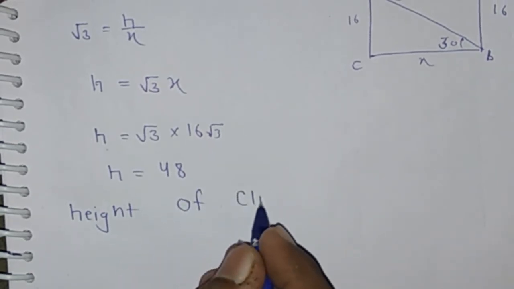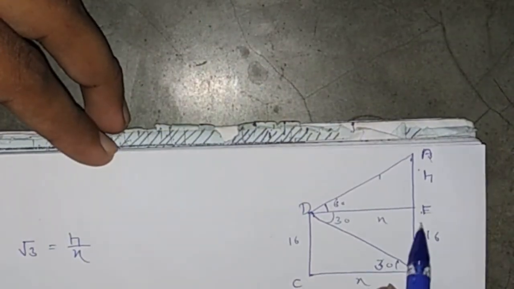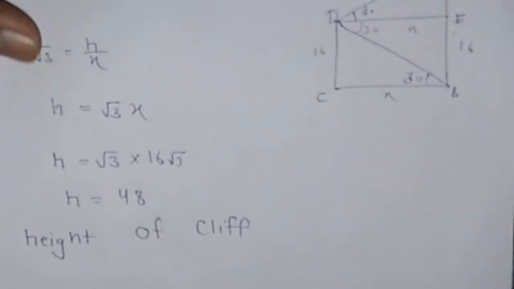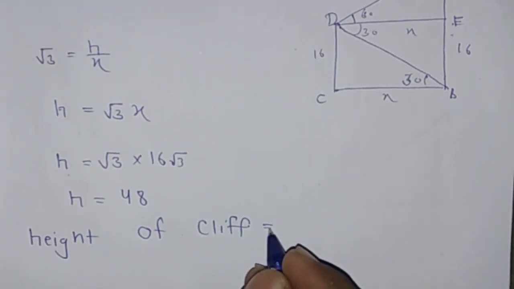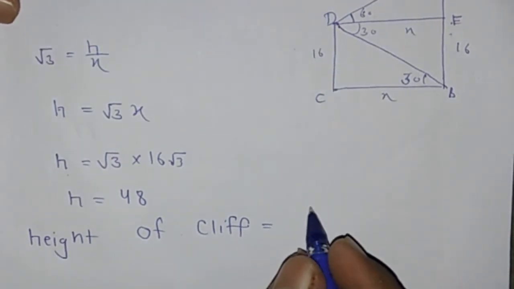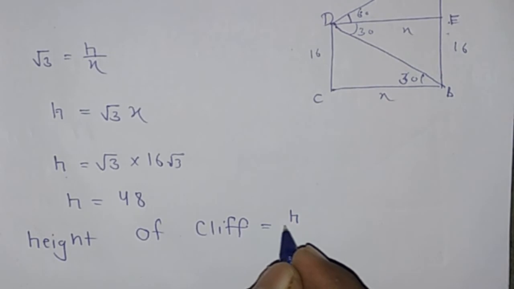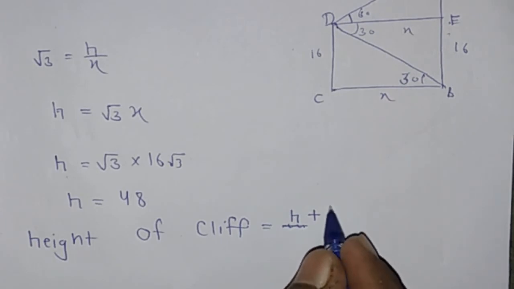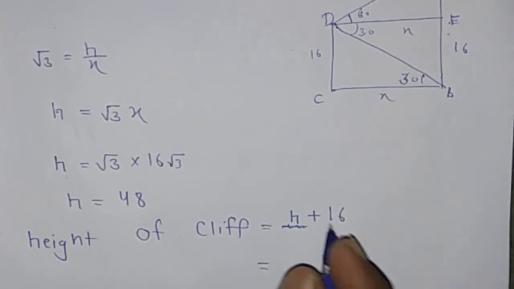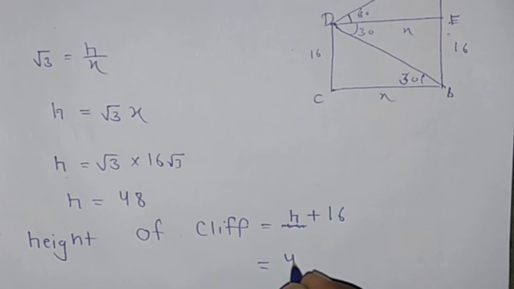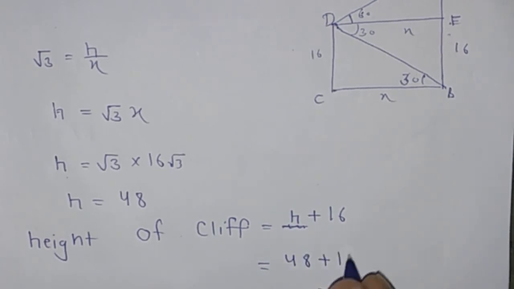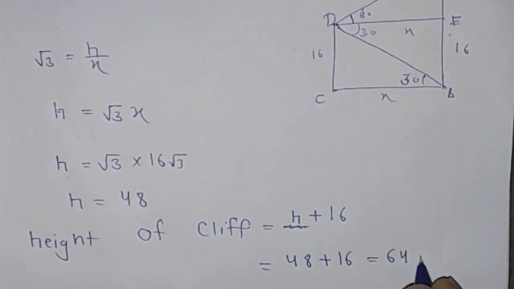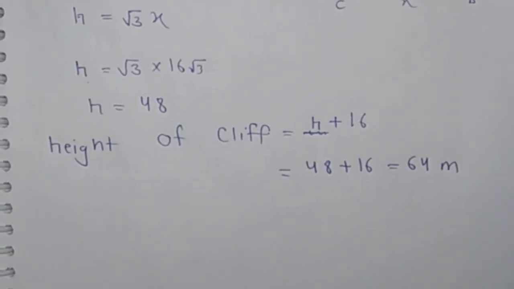Height of the cliff is the sum of AE and EB. AE is h and EB is 16. H is 48 plus 16 and it is 64 meter. Height of the cliff is 64 meter,